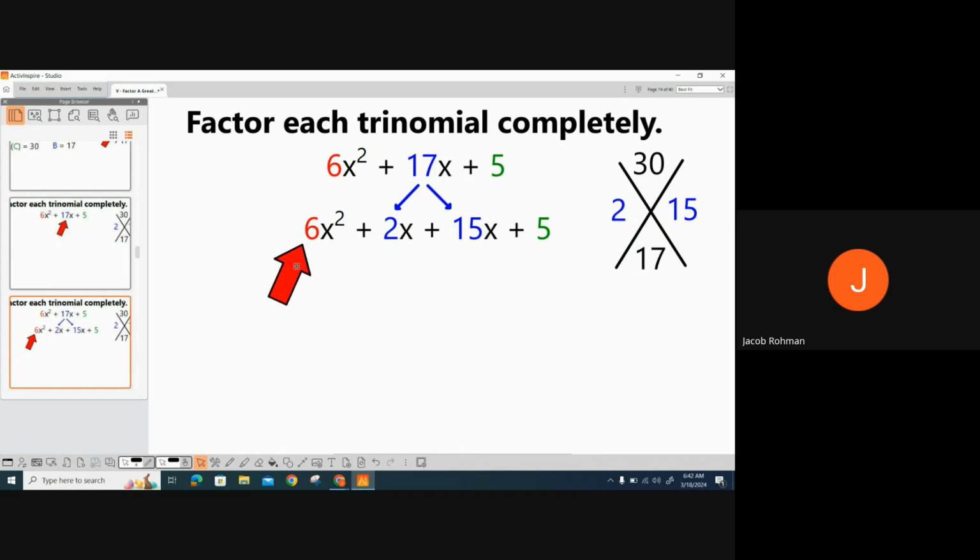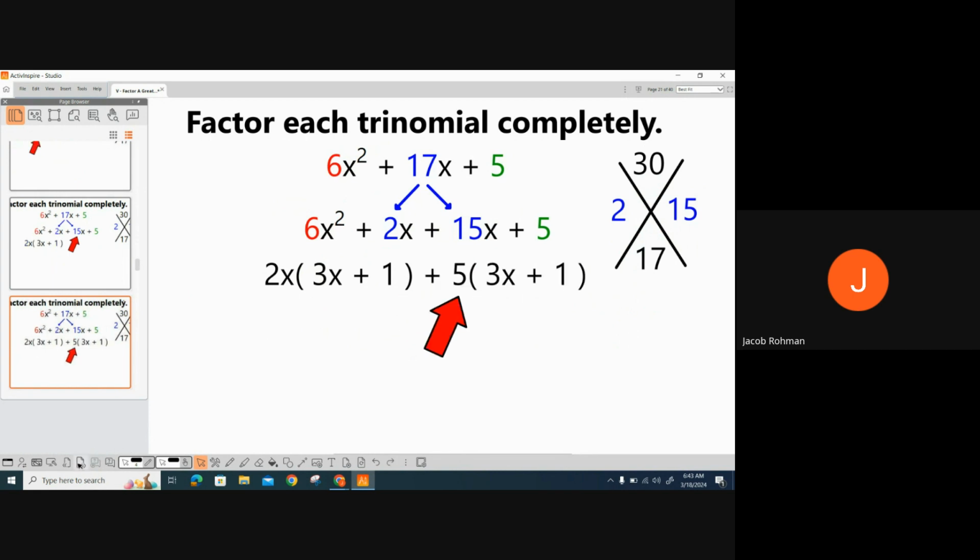Now we're going to use step 4, which is factor by grouping. This is where we're going to factor out the greatest common factor between the first two terms and then the greatest common factor between the last two terms. So in the first two terms, the GCF is 2x, and that leaves us with 3x plus 1 inside the parentheses. Here, the greatest common factor is going to be 5, and so that also leaves us with 3x plus